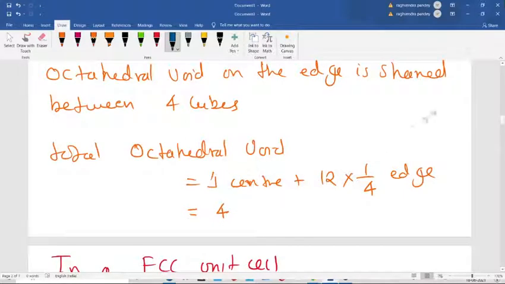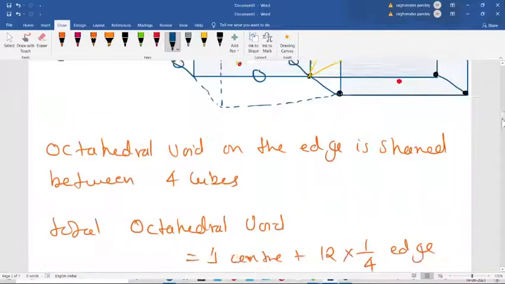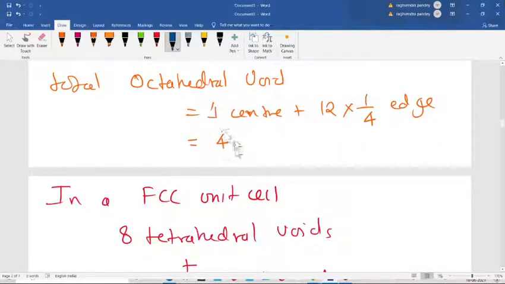One is at the center, and at the edge the contribution inside one cube is only 1/4. So it is 1/4 at each edge, which becomes 3. So 3 plus 1, 4.